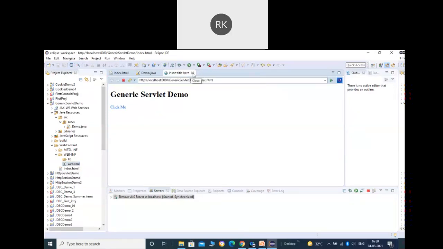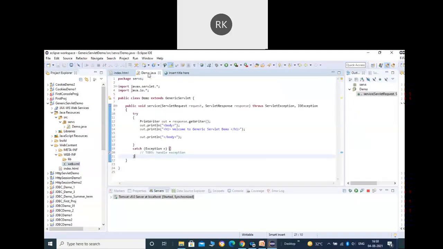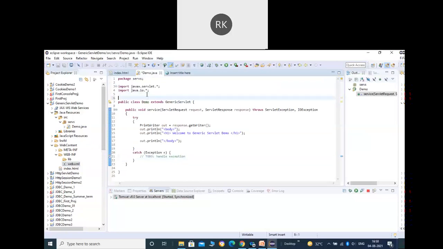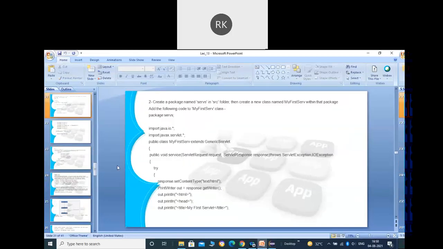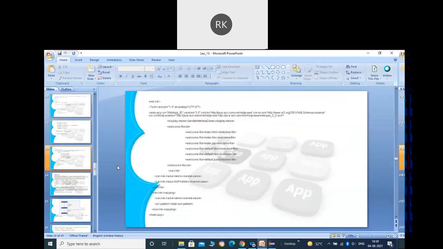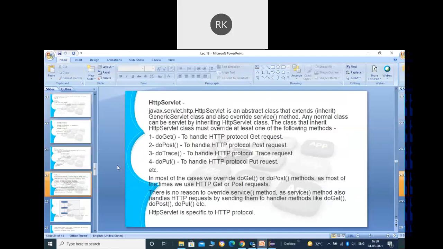Actually, while creating the project, I forgot to check the option to generate the deployment descriptor. That is why we are facing this problem. Never mind, we have one more option for this.